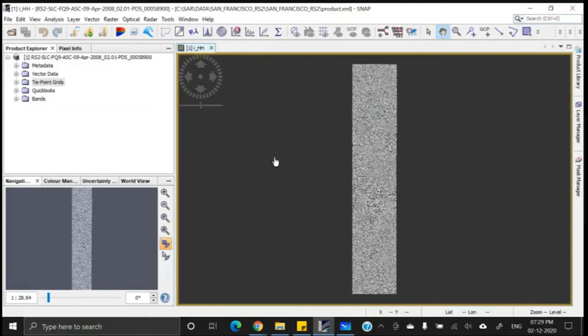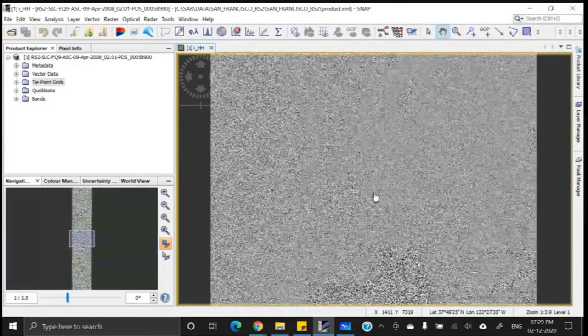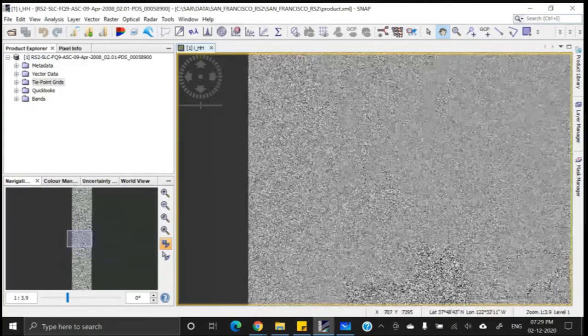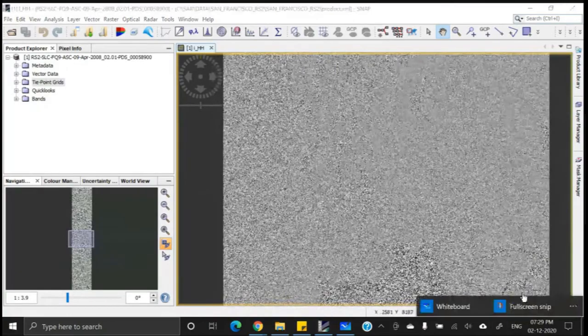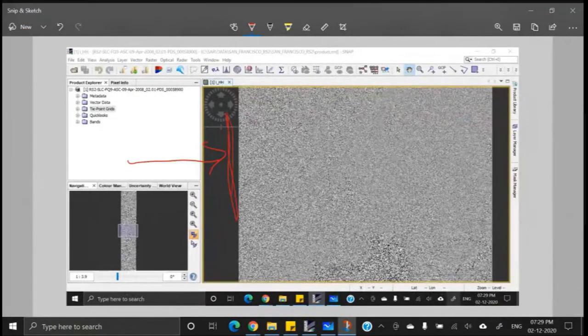Next is antenna pattern correction. We have discussed theoretically what antenna pattern means. If the radar is looking from this direction, the antenna is like this, and in the image the middle portion will appear brighter, and towards the fringe areas or the swath edge, it will become darker.